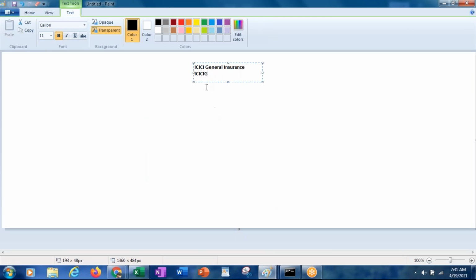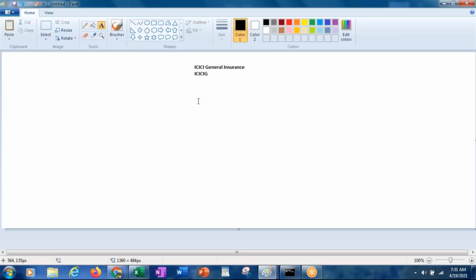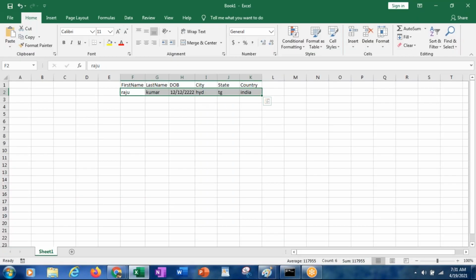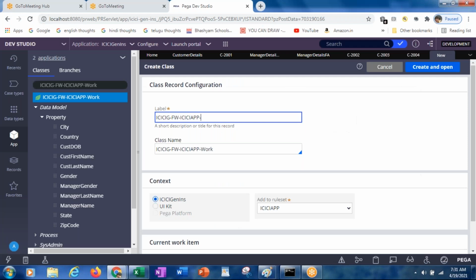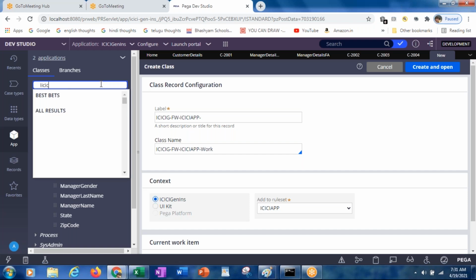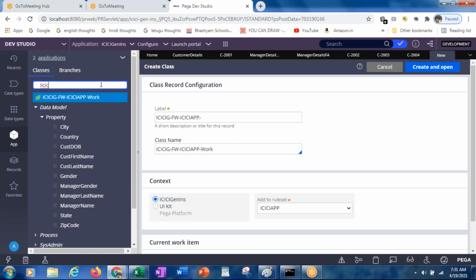Okay, organization level class is ICICI. Okay, for this organization we have given ICICI. Now under the organization class, what all do we have? ICICIG.